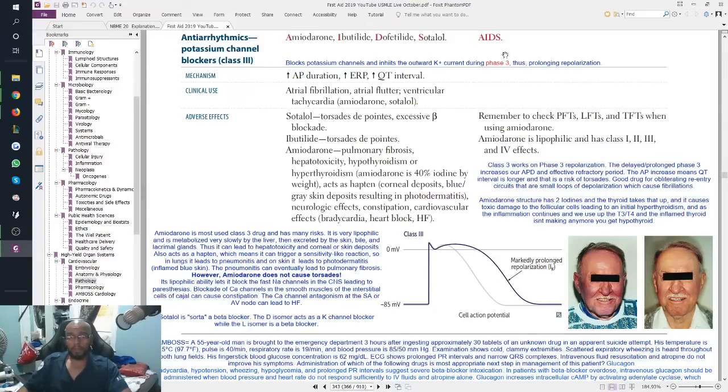It's a class 3 antiarrhythmic. Amiodarone, ibutilide, dofetilide, and sotalol. These guys are potassium channel blockers, and potassium is related to the repolarization, phase 3. So you can see, remember to check PFTs because it affects the lung, LFTs because it affects the liver, and TFTs because it affects the thyroid, right? It can cause pulmonary fibrosis, hepatotoxicity, hypo or hyperthyroidism, because amiodarone is 40% iodine,